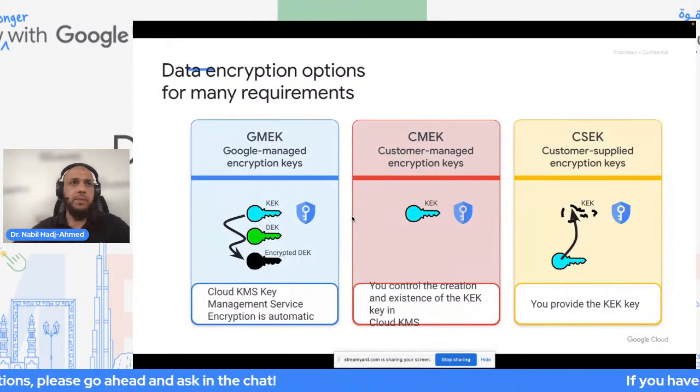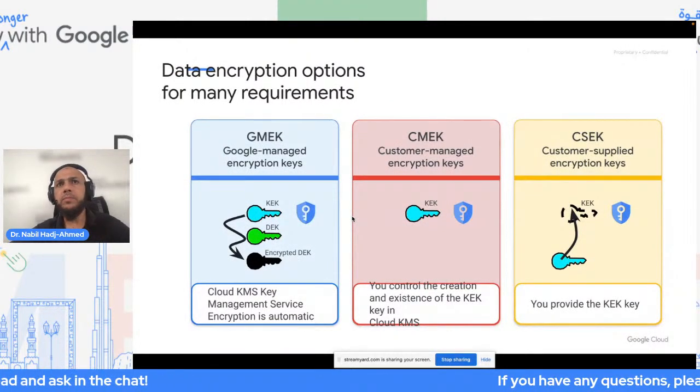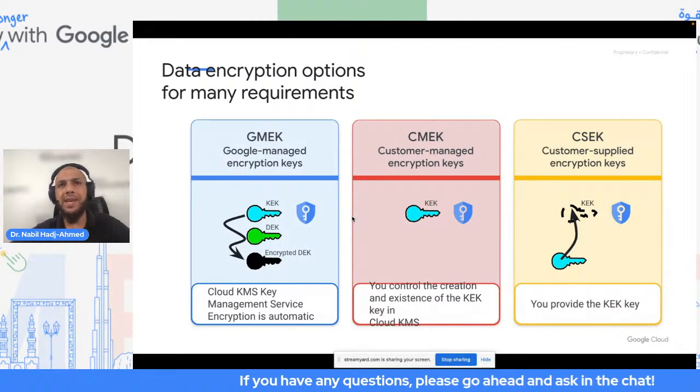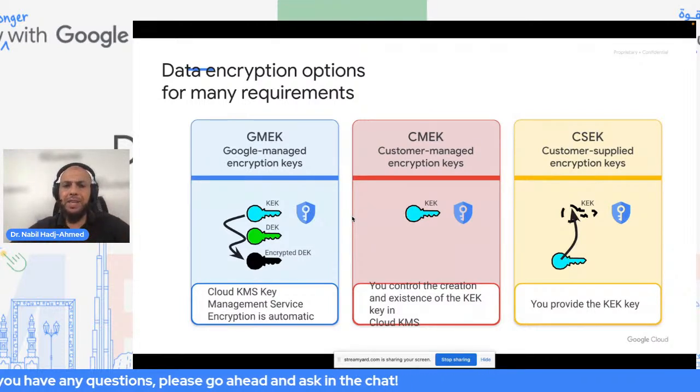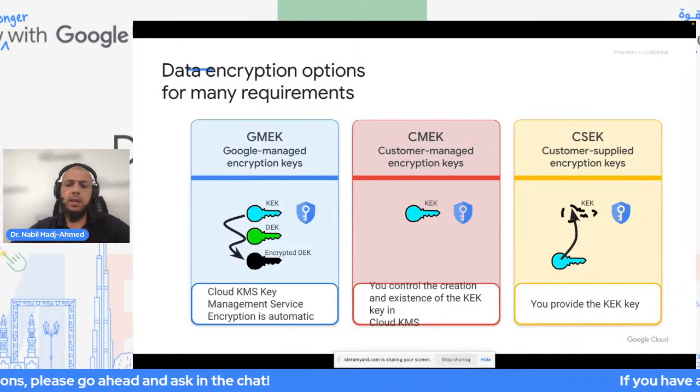Defining what is Cloud Storage and why you use it as a data lake and how it works and things like that. For the data warehouses, next,